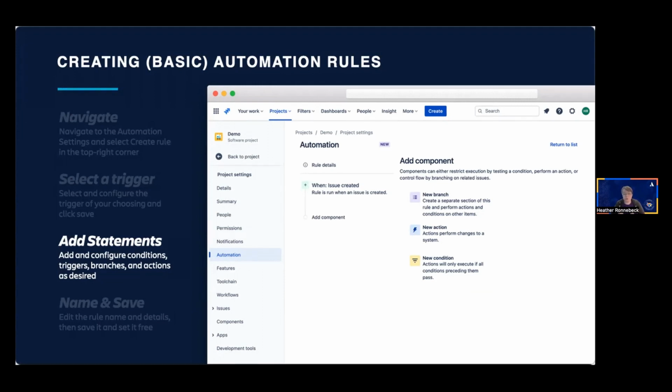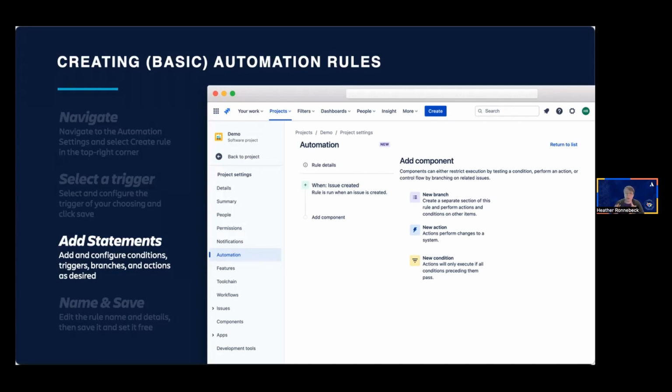So for components that are branches, when you enter into branches, there are typically 2 options underneath. Advanced branching, which allows for smart variables and values, and branch rules and related issues, which is simpler for branch implementations. Branch rules and related issues allows the administrators to select the kinds of issues within a set of projects where the branch actions are going to be performed against that group of issues.